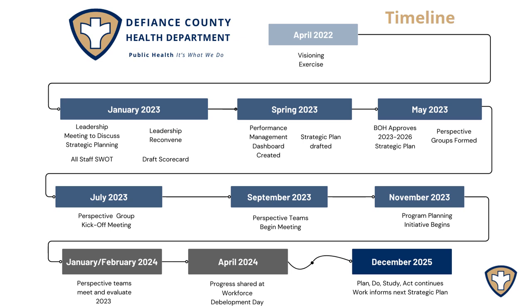I have the end goal here of December 2025 because that is when our goals are set to be accomplished by. This strategic plan will last from 2023 to 2026. So by looking at our performance measurement system, looking at our tracking, we can know whether or not we're on task, and we can add in additional meetings, checkpoints, whatever we need to do to make sure that things are on task.